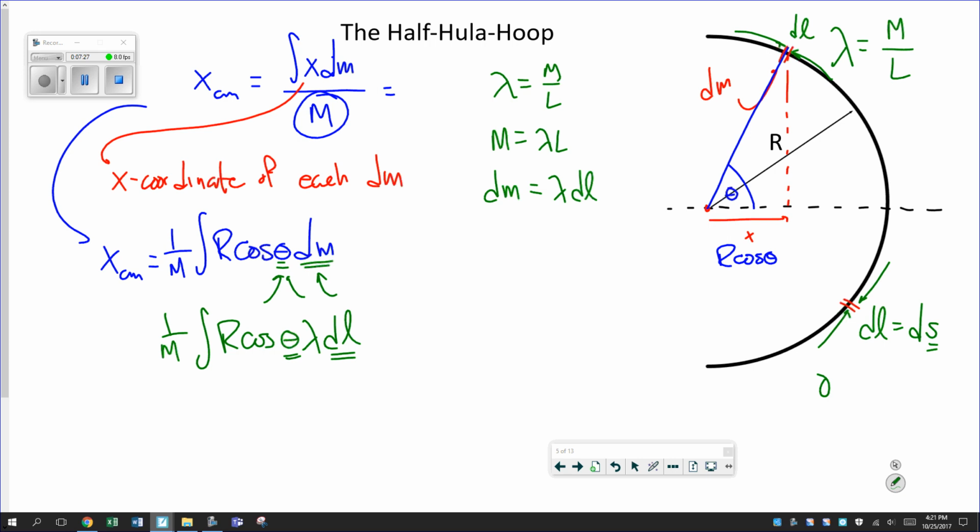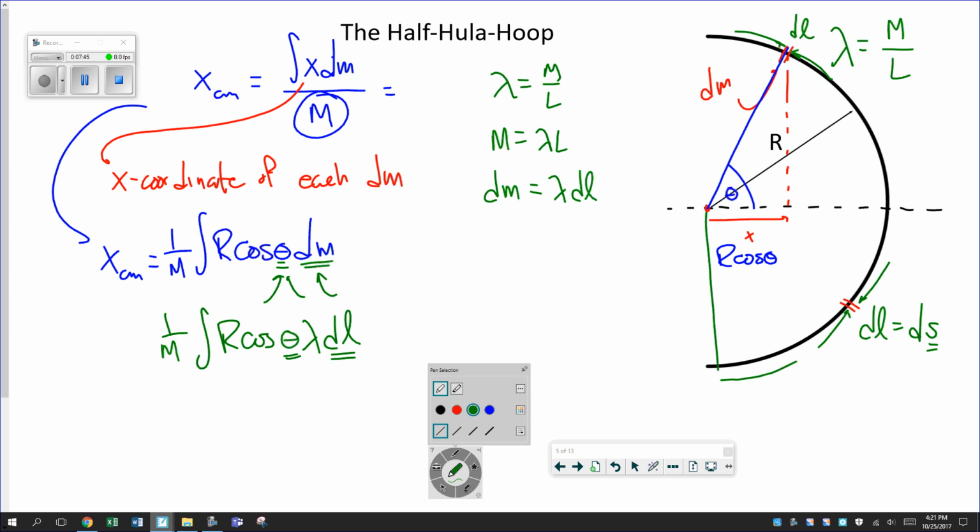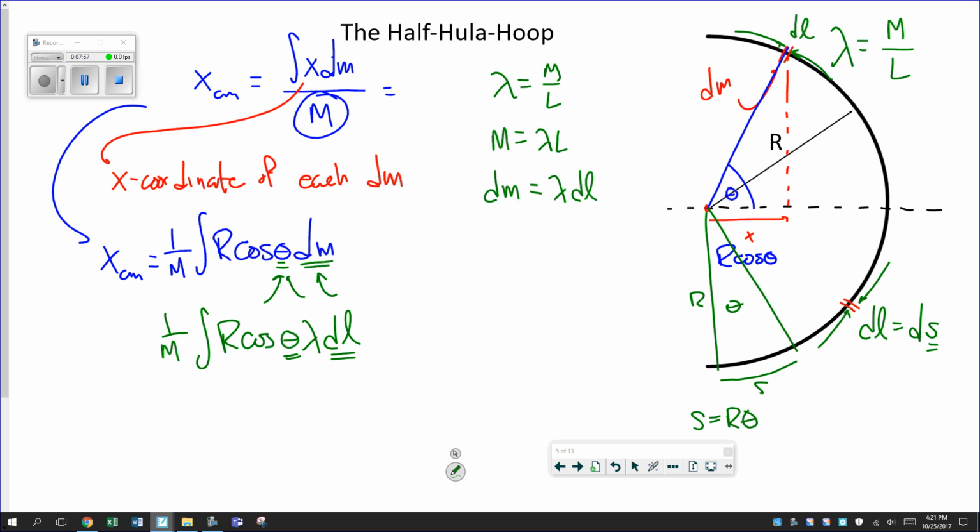Arc length, right? So geometry says, how long is an arc? Well, that depends on two things. It depends on what angle spans the arc. So here's a theta, and it depends on r. So we say that this s is r theta. So our dl, which is really a ds, is really an r times a tiny, tiny little angle spanned by